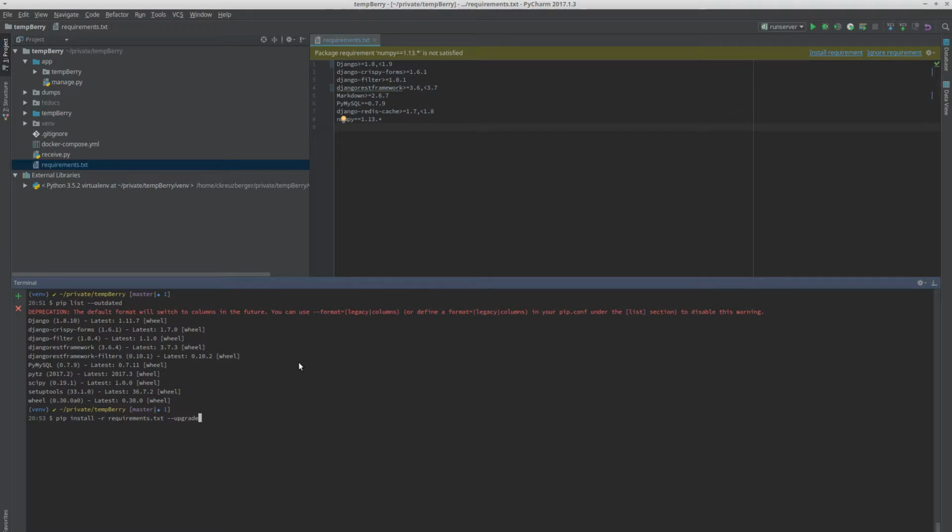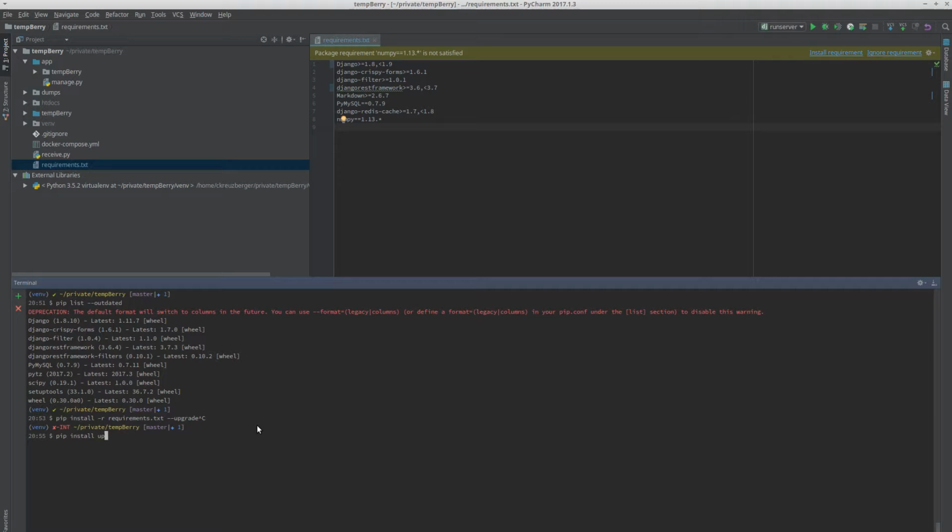Today I want to talk to you about how you find out if there's a new version of Django 1.8 available. Well, you say easy, just go to djangoproject.org and look at the downloads or the changelog or whatever, and then go to Django REST Framework and look at the changelog, and then go to PyMySQL and look at the changelog, and I hope you're seeing where this is going. Now, some of you will probably say, well, you could also just go to the Python package index and see what's going on in there. But I'm a big fighter against manual work, and a colleague and friend of mine has